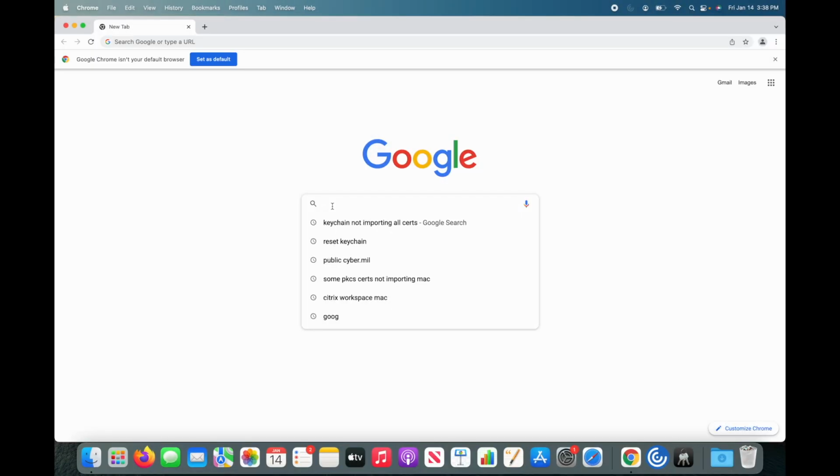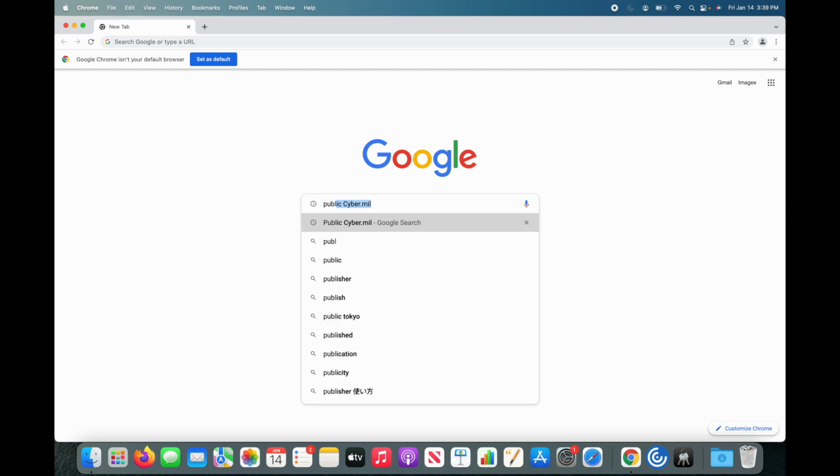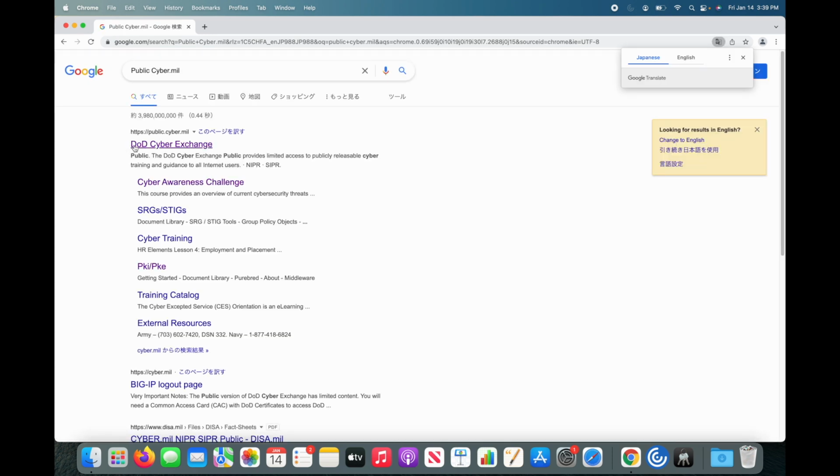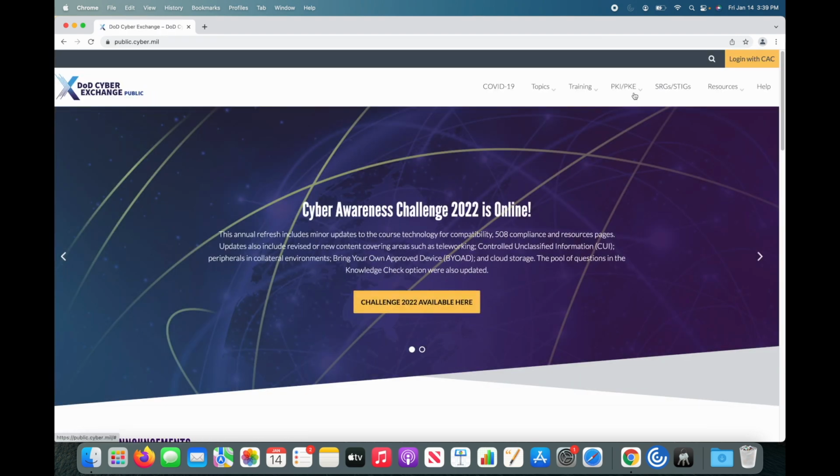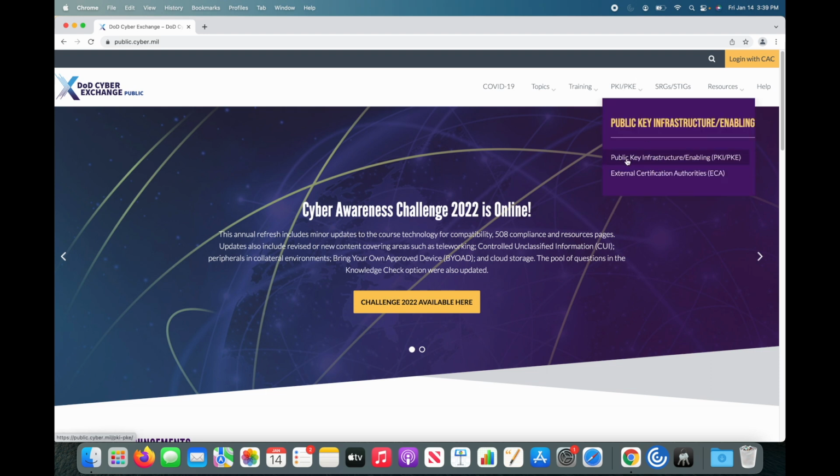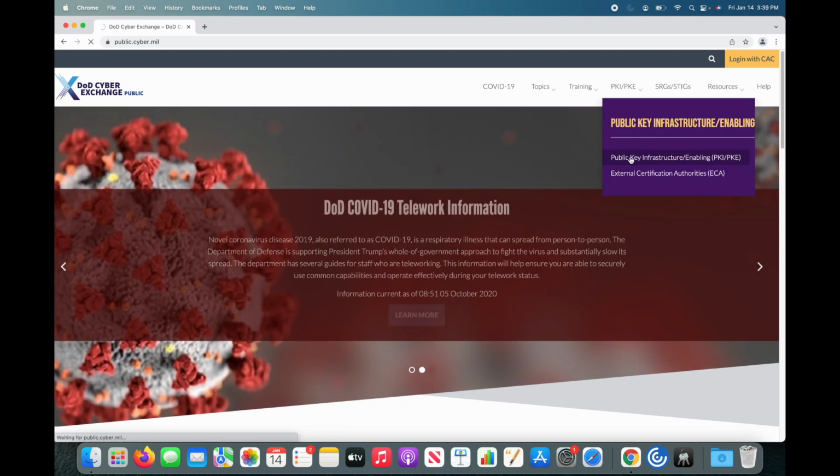This part is to go ahead and download the DoD certificates to allow your computer to connect to AVHE and any DoD website or server successfully. So what we're going to do is type in the search publiccyber.mil for us to get to the DoD Cyber Exchange. From here we're going to click PKI, PKE, and then public key infrastructure, and then